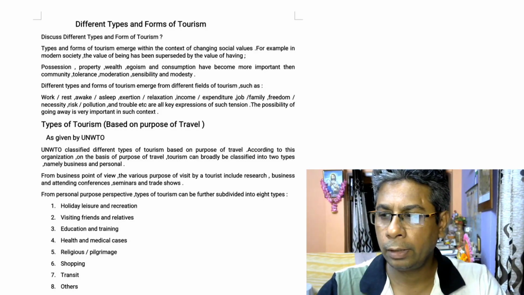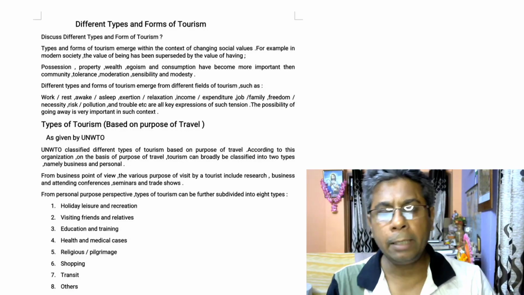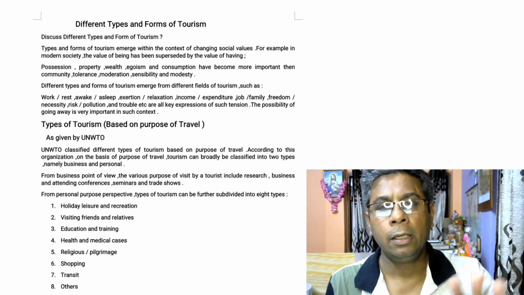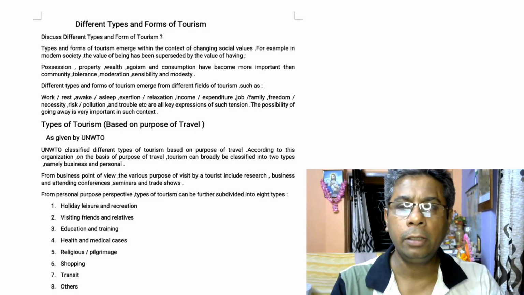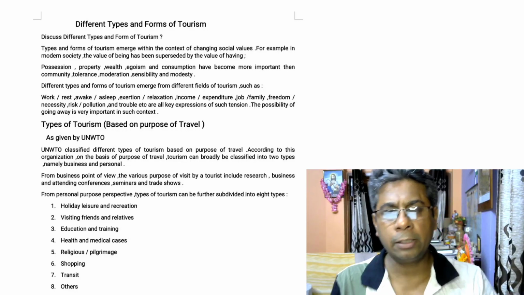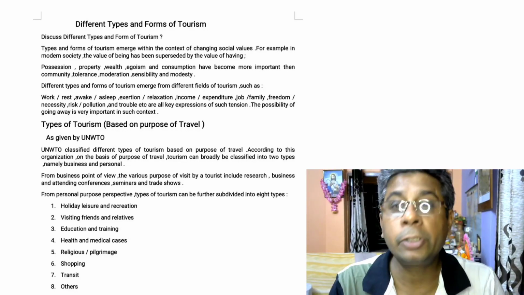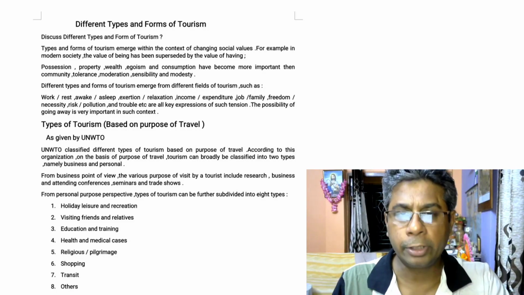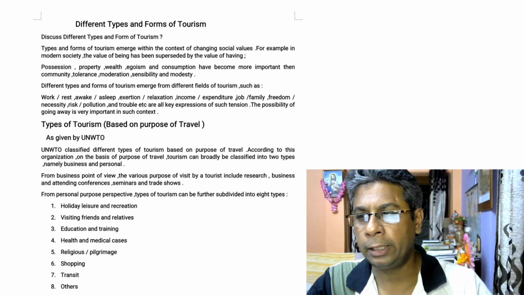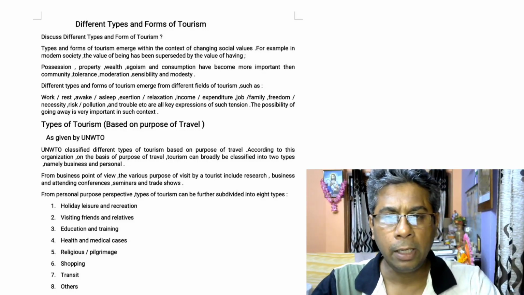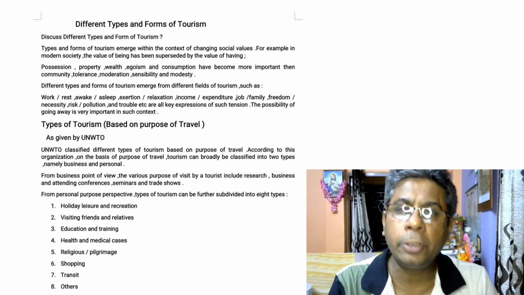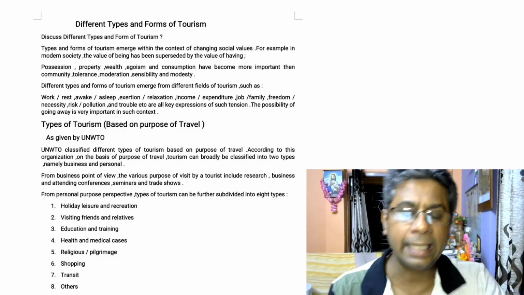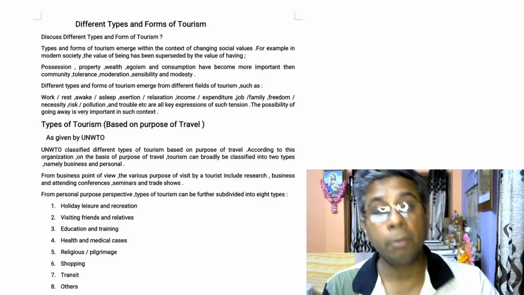Next, the types of tourism can be categorized based on purpose of travel. This classification has been given by UNWTO. According to this organization, on the basis of purpose of travel, tourism can broadly be classified into two types, namely business purpose and personal purpose. From the business point of view, the various purposes of visit by tourists include research, business, attending conferences, seminars and trade shows. From the personal purpose